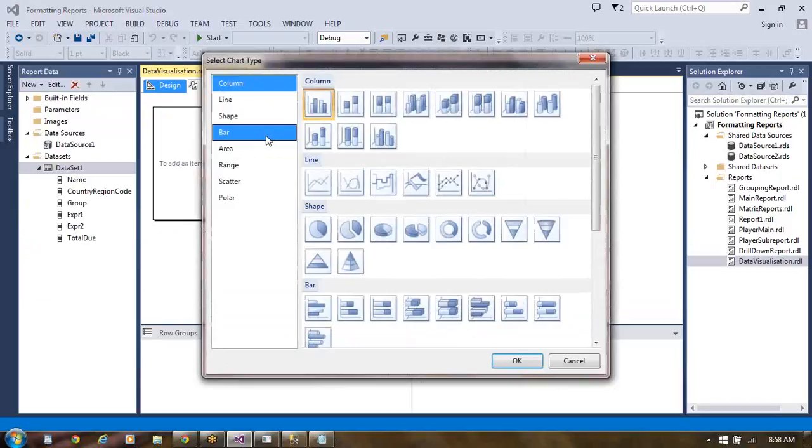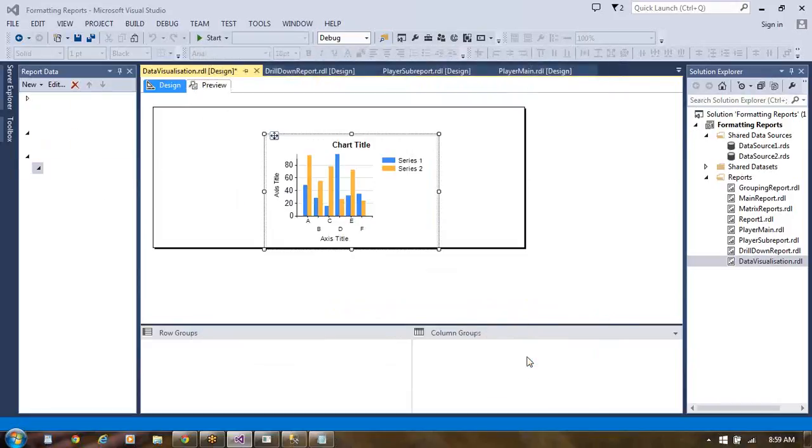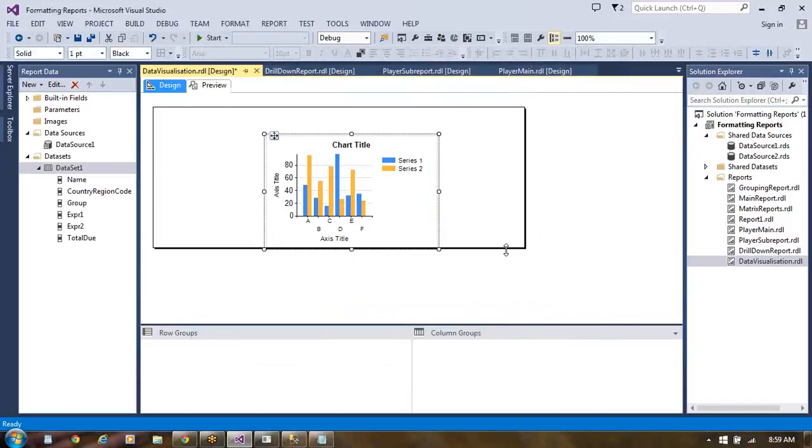So from here, you can choose different types of charts. Whatever type of chart you want to use, you can use from this. You can use a line graph. Bar graph is possible, line graph is possible in this. Column graph we can also take from this. Click on OK. These are the different types of graphs. Click on OK. So it is coming up like this. Now we need to go with different properties in this. What properties can we take here?